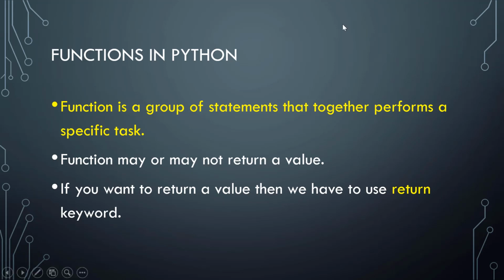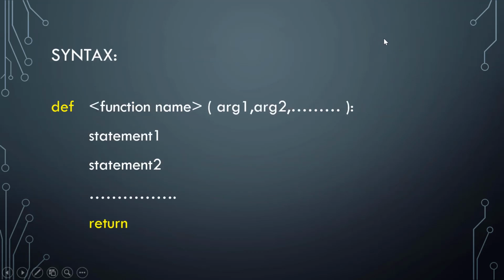Now let's see how to define a function. We have a syntax. The def keyword is used to define a function. Def is for function definition. Then a space, and the function name is your choice. You can give whatever you want. Within brackets, we pass some arguments: argument 1, 2, 3, and so on. Bracket close and the colon is a syntax that we have to follow.